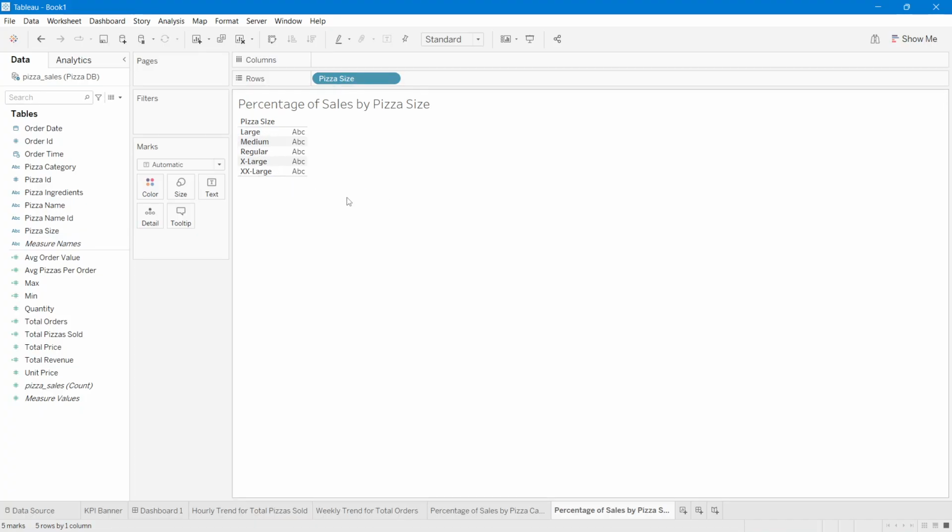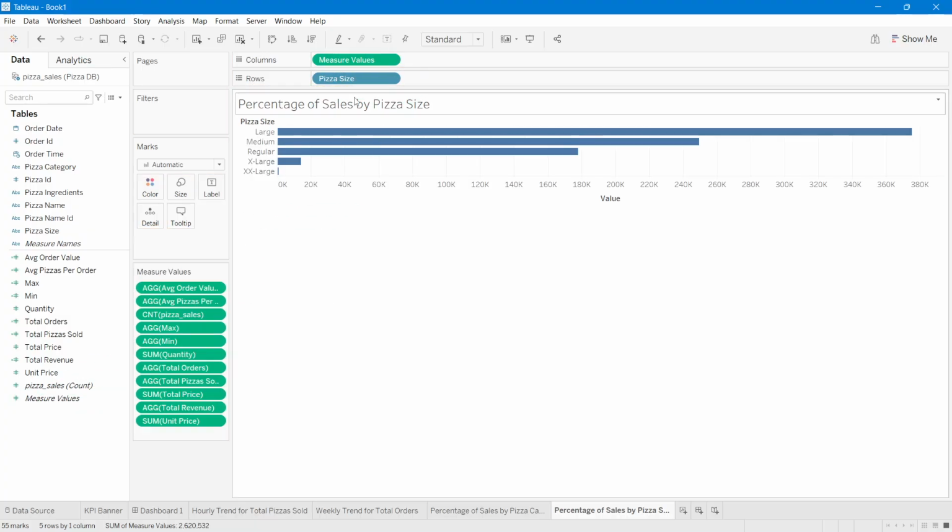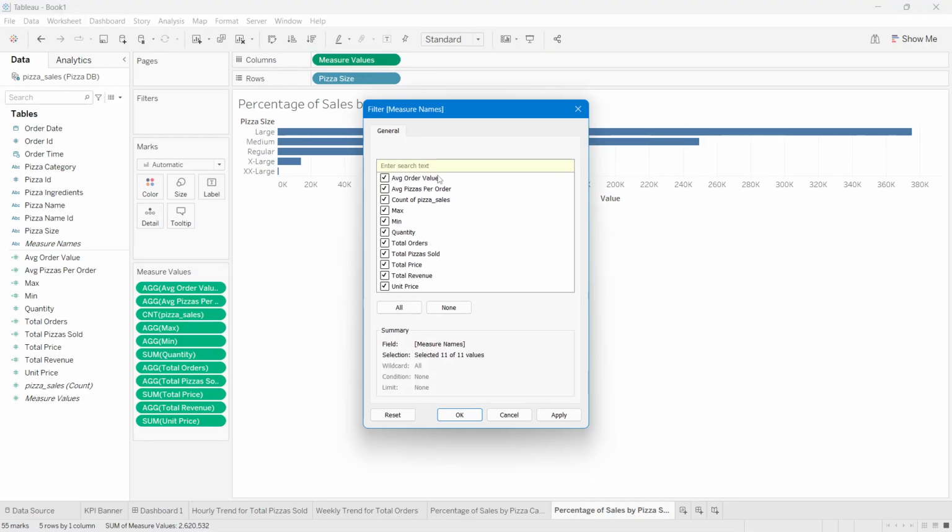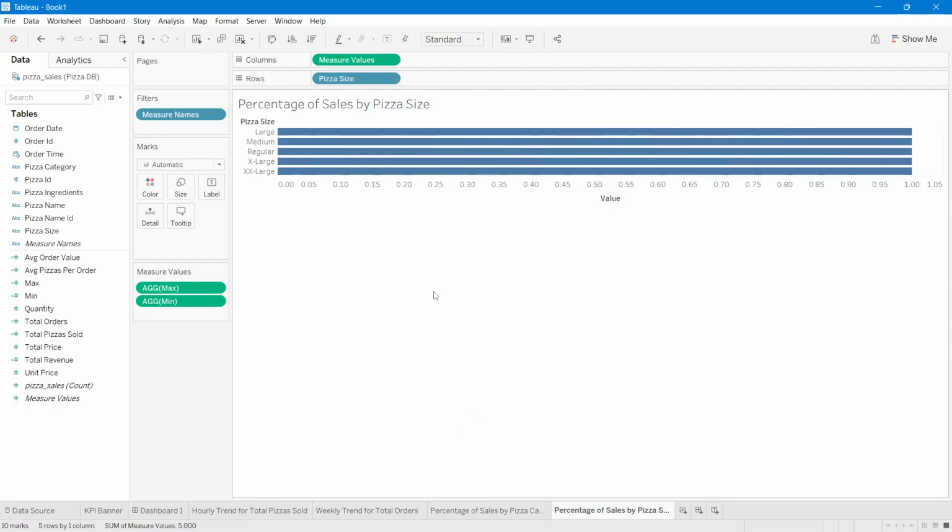All right, next what we have to do is take the minimum and maximum. Instead of taking the minimum and maximum, I will take Measure Values and put it into columns. Once I put Measure Values into columns, you can see all the measure values are shown over here. But we don't want all of these values, we just want minimum and maximum. So I will double click on this, select none, select only max and minimum, click apply and hit OK,